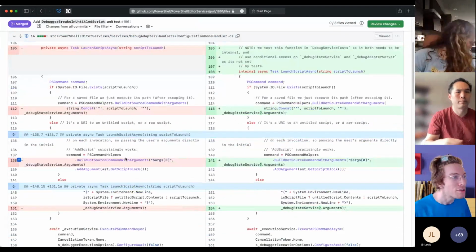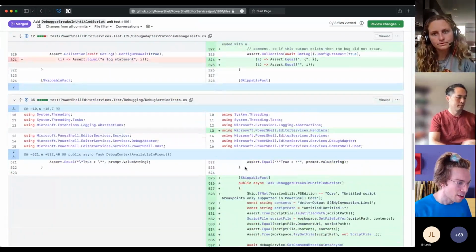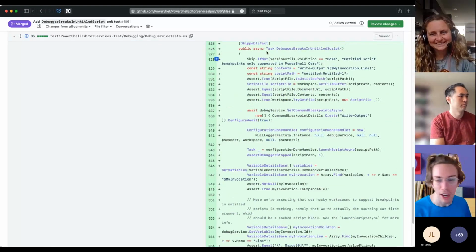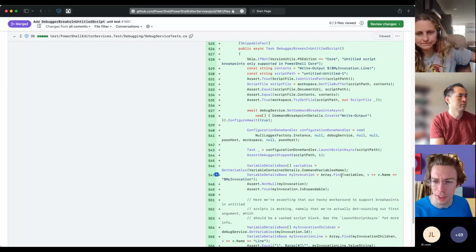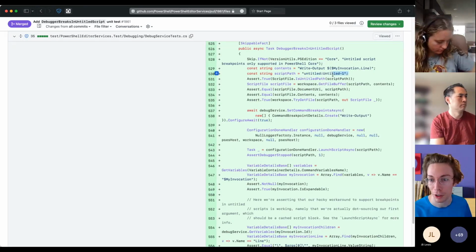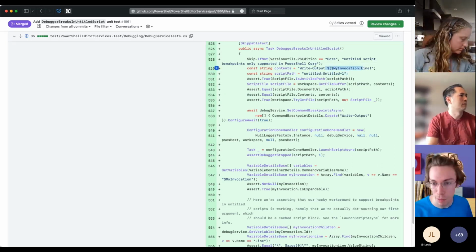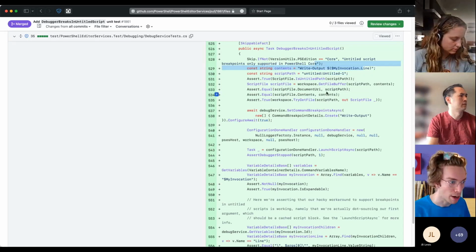This was quite an interesting one. I don't know how much you guys actually want to see some C# code, but we have a very advanced little script here that actually mocks what you see when you're in VS Code. You have an untitled little window open, and you try to go send a piece of script through it and actually want it to break on the debugger.